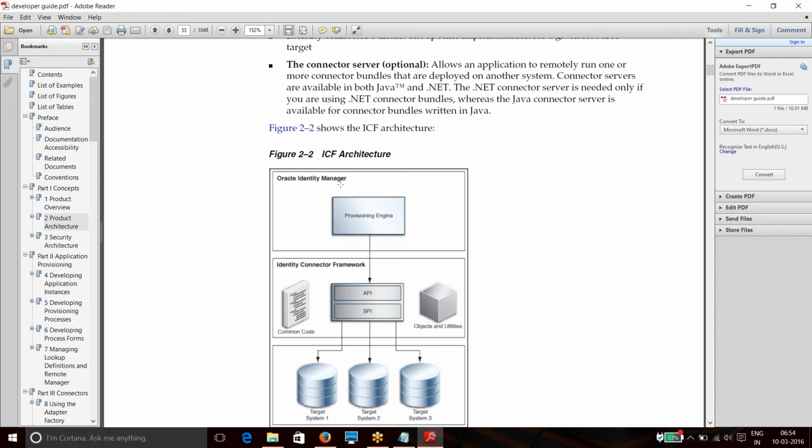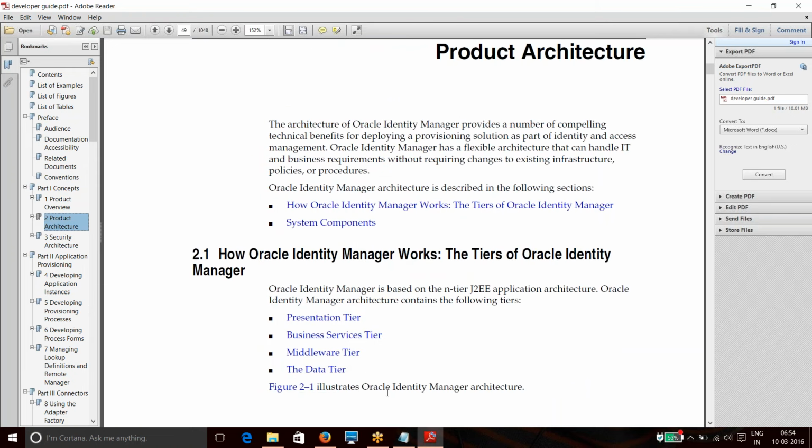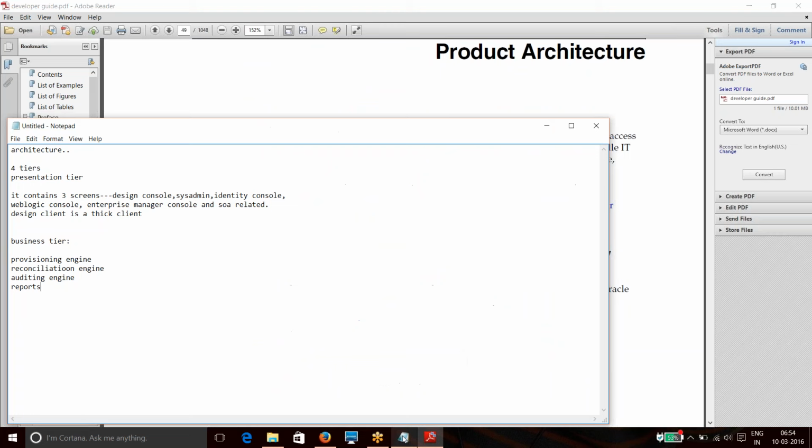ICF is completely the connector development part. The next one is the middleware tier. As I said, we will be coming across different middleware components along with the IDM.